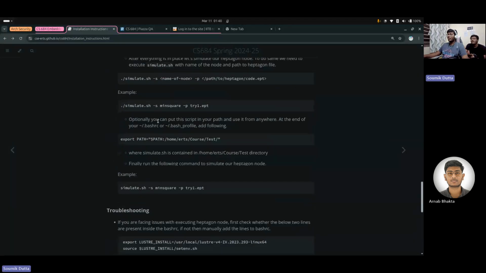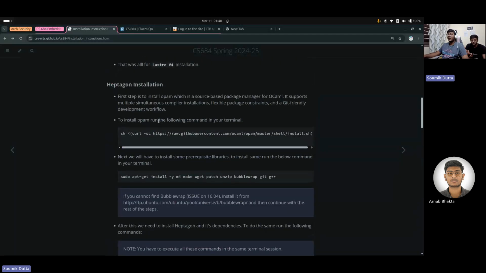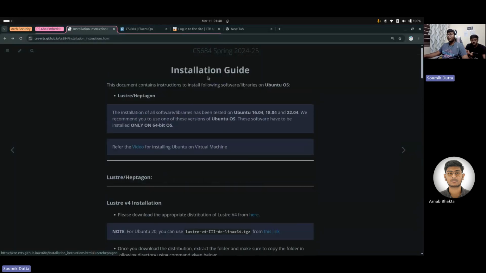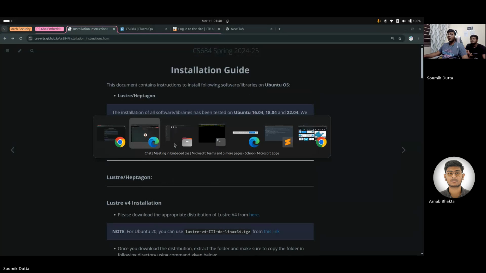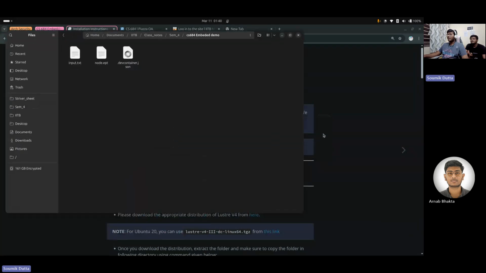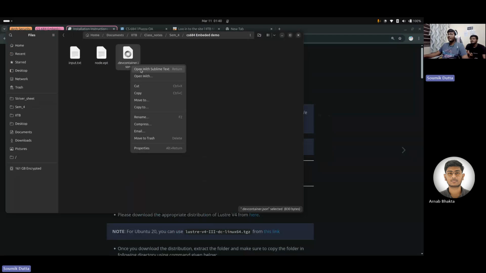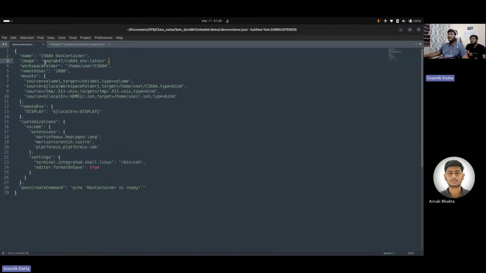we have run all these commands in a particular Docker image, and in that image all these tools are pre-configured and installed, and this image has been uploaded in Docker Hub as a public image. So what one has to do is only install Docker, and then get this file. What this file does is, this is the name of the image where all these things are pre-installed,